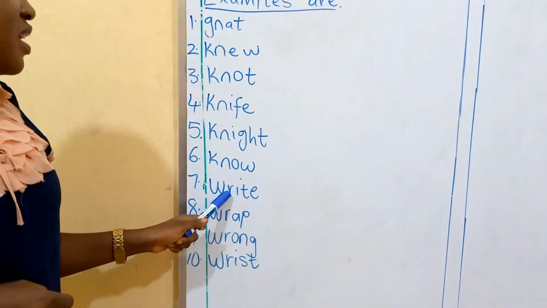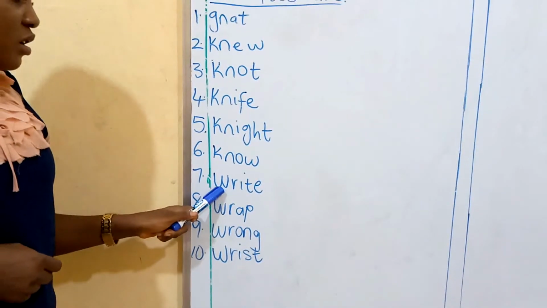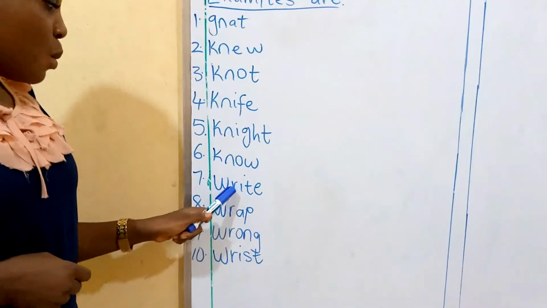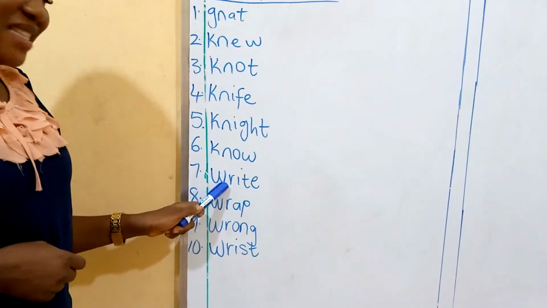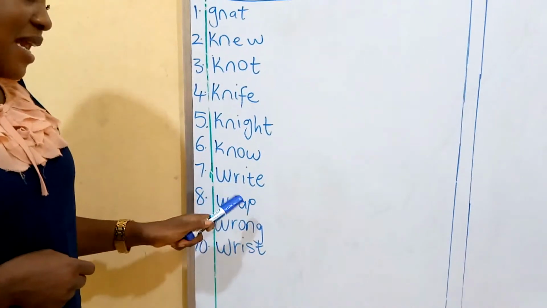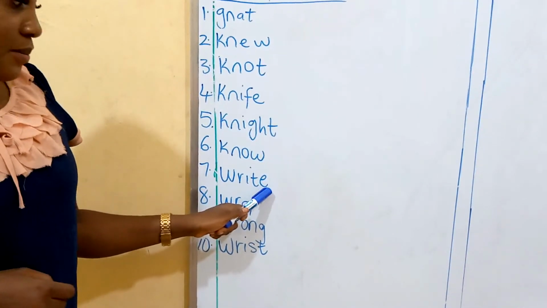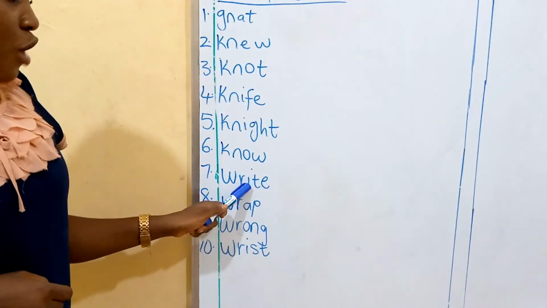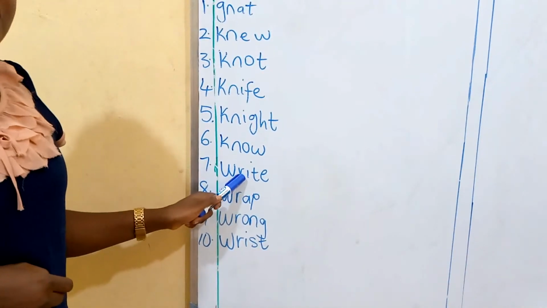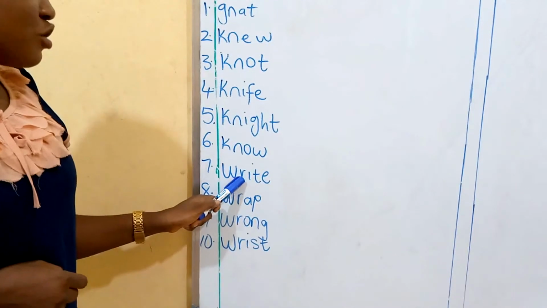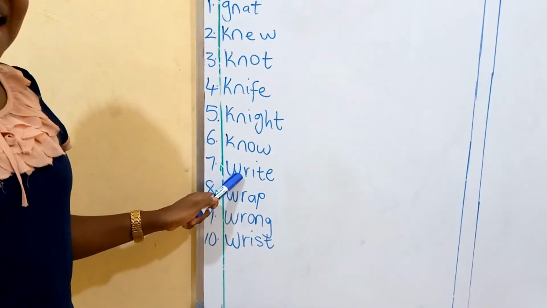Did you see the beginning sound? We said earlier that for words that begin with WR, when we are pronouncing it, the first sound, which is W, will be silent. It will be what? Silent. I'm sure you still remember what we said about the magic A. This will not give us read, but it will give us what? Write. Did we sound W? No, because W is silent.